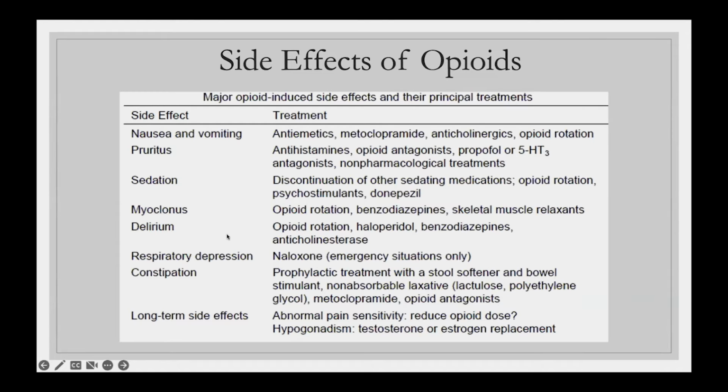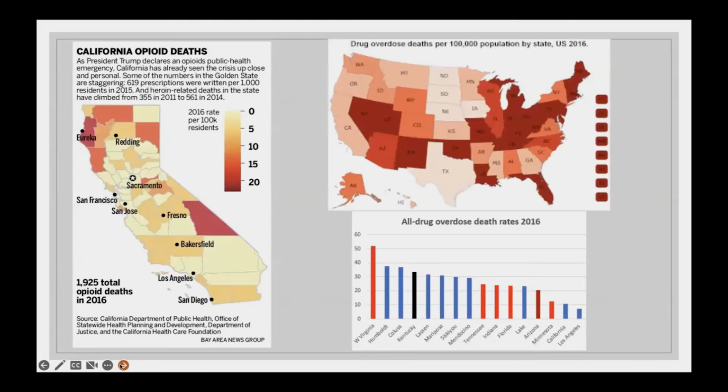Naloxone is also something that EMTs or other emergency rescue workers will have on hand to administer to patients as needed. But opioids, suffice it to say, are fraught with a lot of debate. One of the big things is that it does cause a lot of death. And a lot of this is related to the prescribing practices before there was more guidance. In the past, each doctor would try to find their own way to prescribe it. And there wasn't a lot of oversight either.